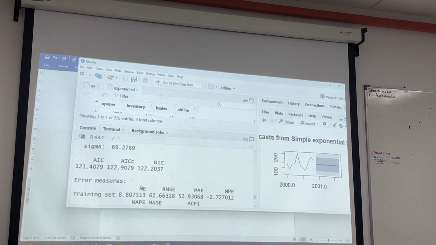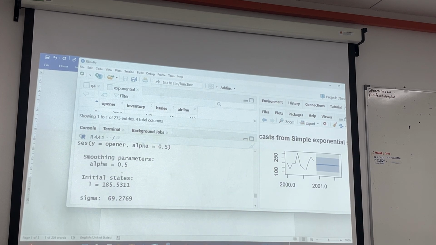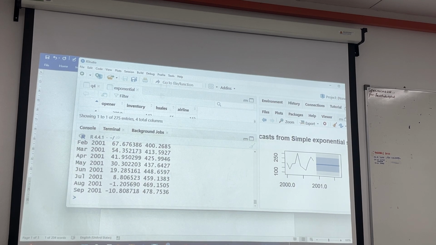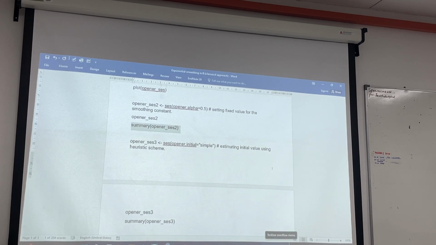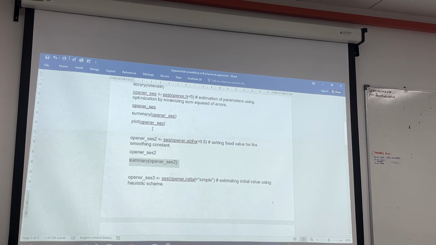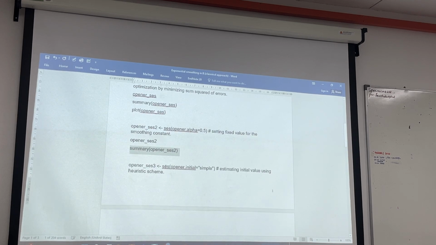So you have alpha 0.5, the state 185, and you can produce a plot as well, just like before. This one I didn't put. You can plot the same one, using the same plot, the same output. Now,